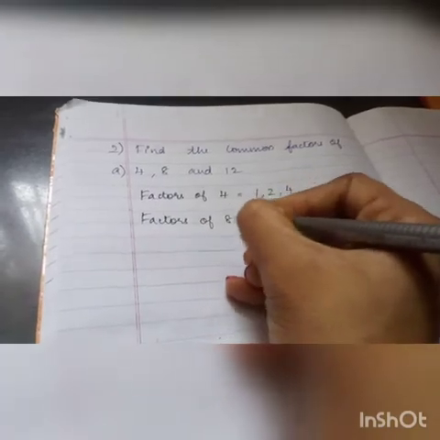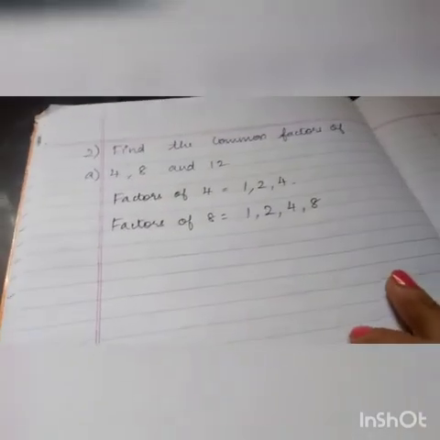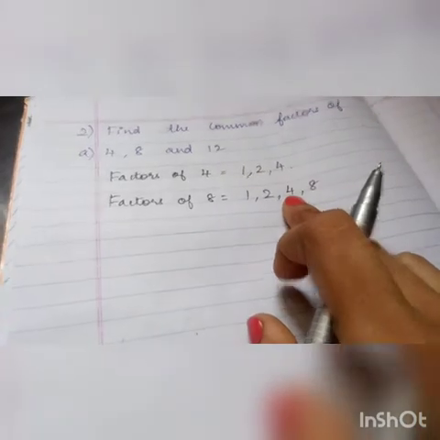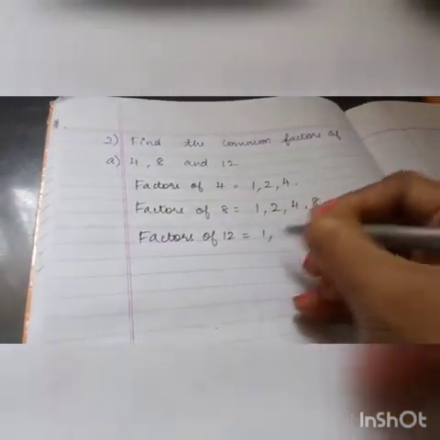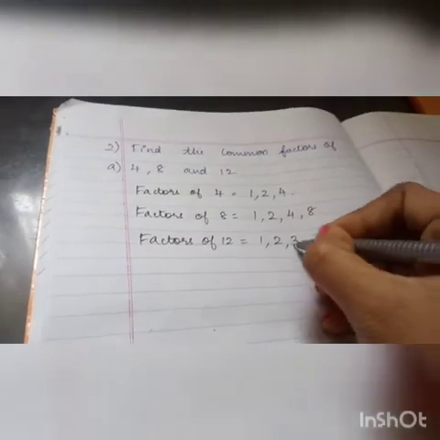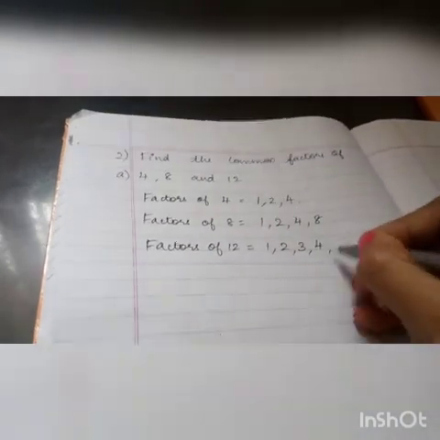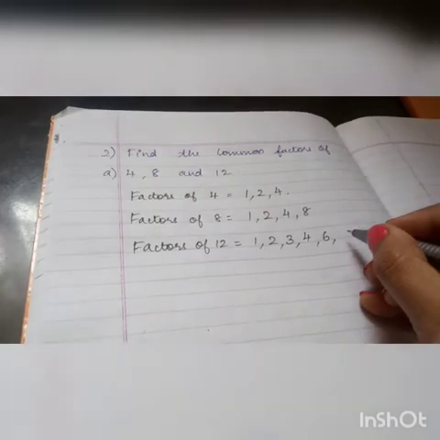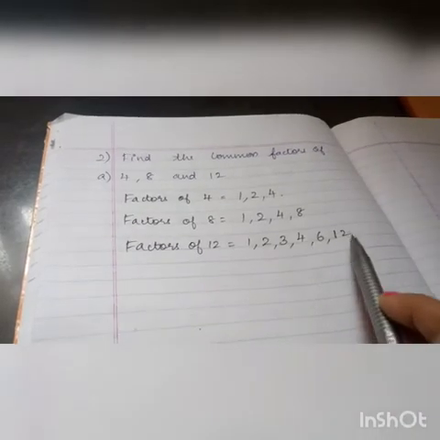Factors of 8? 1, 2, 4, 8. 1, 2, 4. It doesn't come in the 5th table, 6th table, 7th table. It comes in the 8th table. That's all, no? Factors of 12. 1, 2, 3, 4th table, 5th no, 6th table, 7th table no, 8th, 9th, 10th, 11th, 12th table. Listen now, 4 3s are 12, 6 2s are 12, 12 1s are 12.